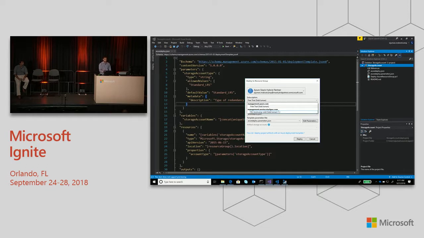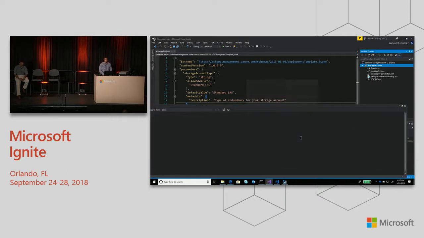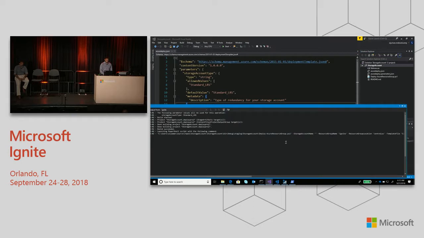That's as simple as it gets to change, based on your ARM endpoint, to release an application. So I'll deploy it to Azure Stack to make sure it works. Filling in my parameters, I'll just click deploy. It'll kick off the deployment and start to launch. We can check the Azure Stack portal to ensure that everything went successfully.